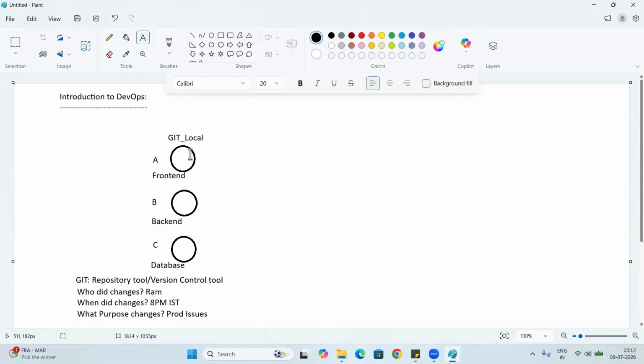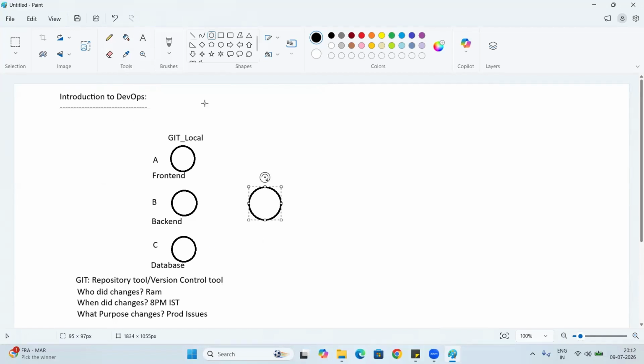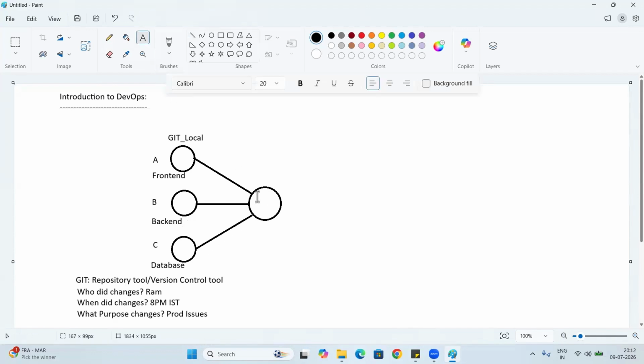Once development is completed in their local Git, they push the code to a remote repository, which we can say is GitHub. Git and GitHub both have the same functionality. Git is a local repository. GitHub is the remote server, the remote repository. We can create Git and GitHub also. Okay, fine. So once the code is moved to GitHub,